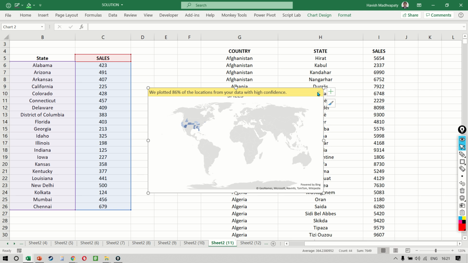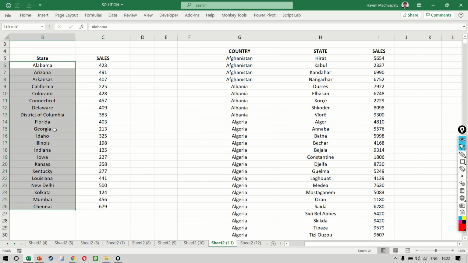Now this is a problem with maps on Excel. Maps on Excel are not really supposed to be very smart. So if you have states in one country, they're able to pick it up. Or if you have multiple countries, they're able to pick it up. But the moment you have different states in different countries, it gets a little lost and it doesn't really know what to do. Now one option here is to select all the states,